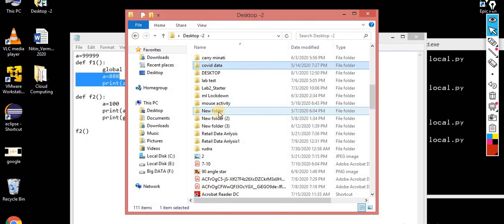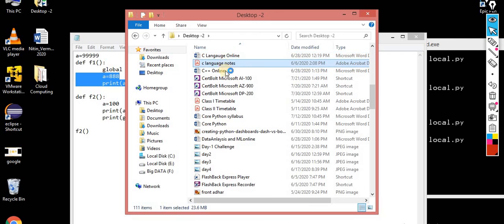I have very good notes on the factorial as well. Let it open.